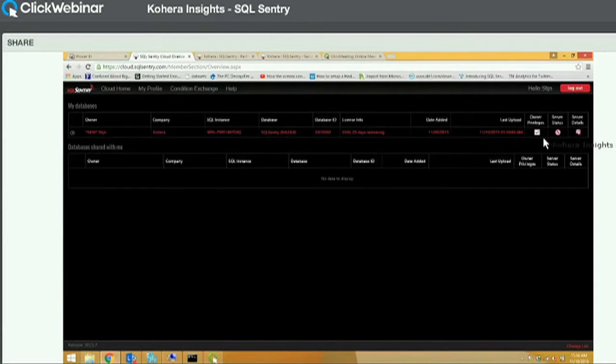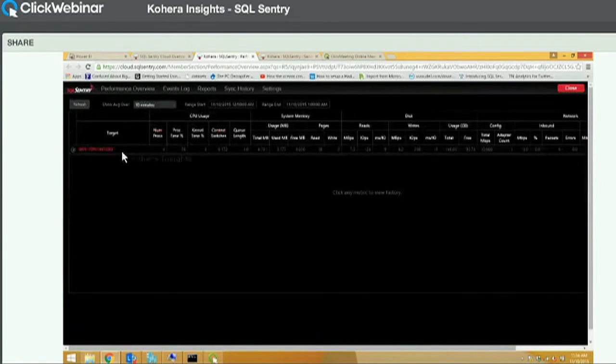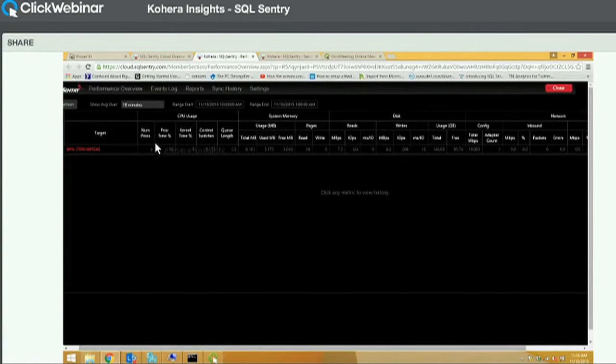Then, over here you still also have your server details. If you click this, it will open something like this. And here you can see the target instance. You can see what's happening at the moment. You can see the number of procs running, the number of processors, processing time, kernel time, stuff like that, the context switches. This is like your monitoring dashboard, the dashboard which you saw at the beginning from the performance analysis,